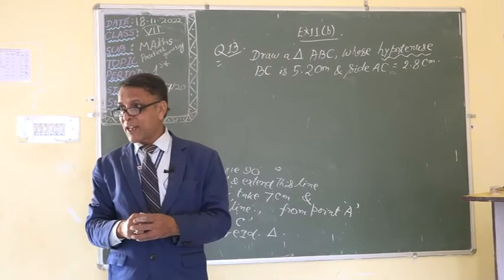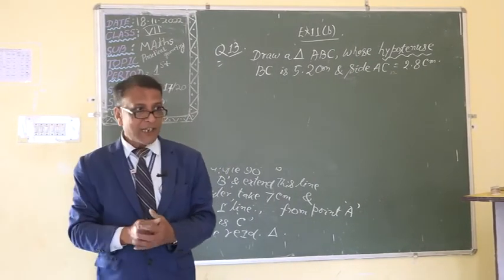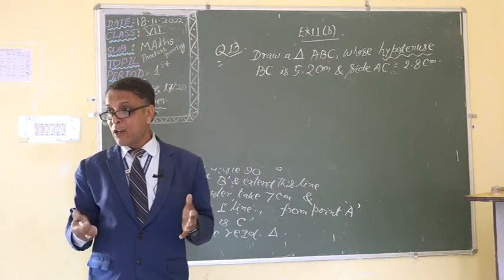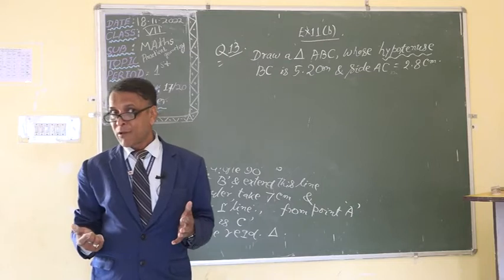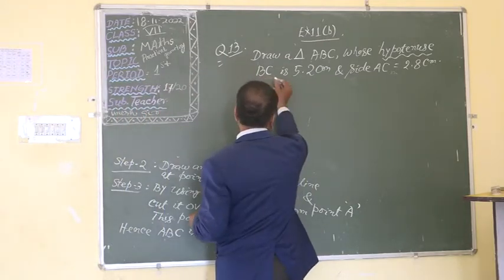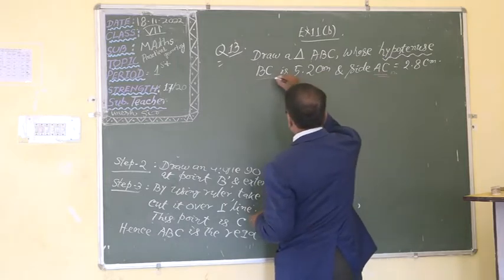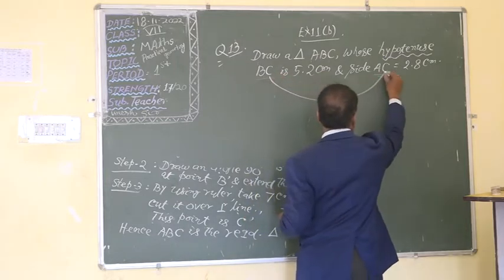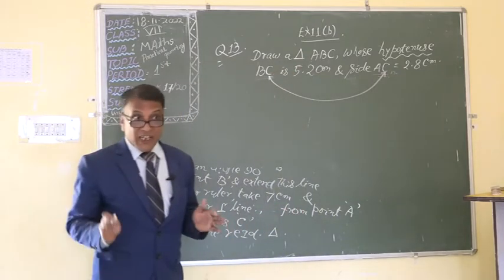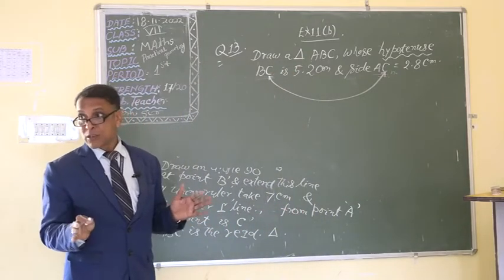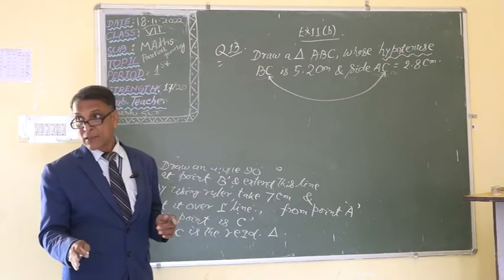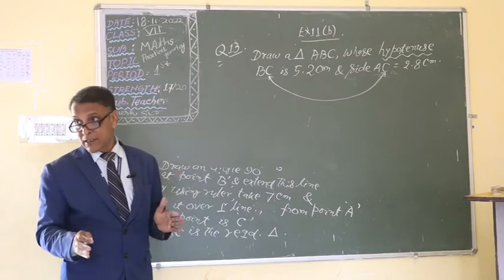Now the second question: if it is a right angle triangle, which one will be the right angle, A or B or C? You see, here BC is there, here AC is there. What is the common here? C is the common for both. That means at point C the right angle will be there.